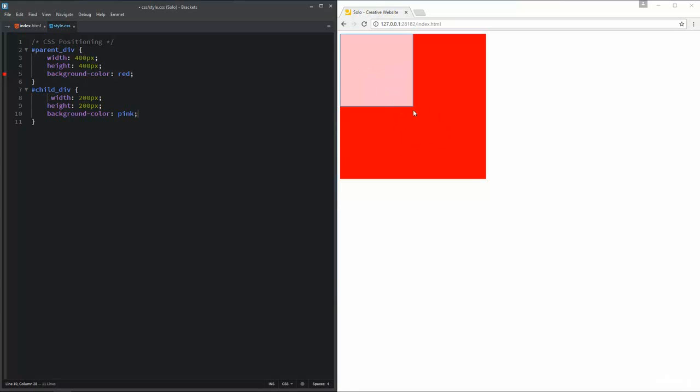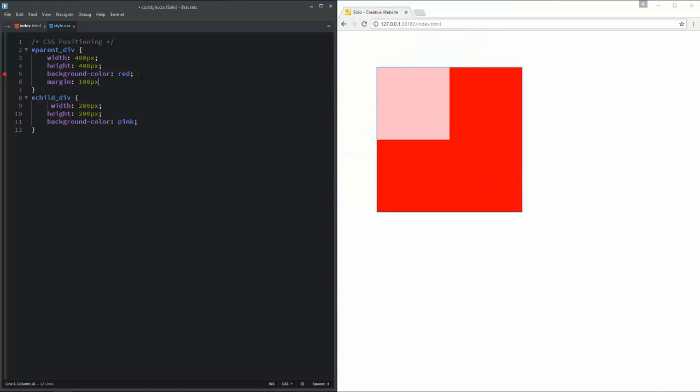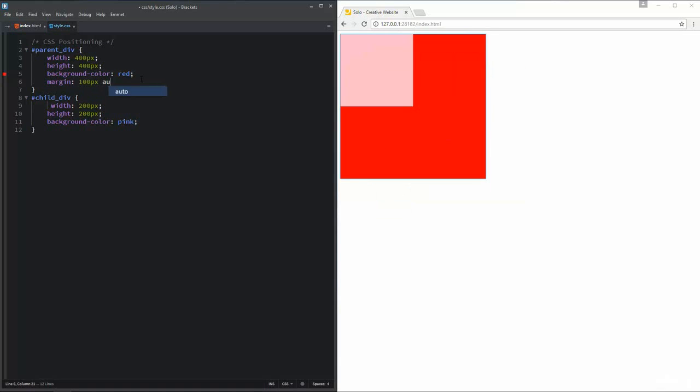We are going to position this pink div, the child div, in different places on the web page using CSS positioning. Before I position the child div, I want to create some external space for this parent div, and you know how to create external space for an element. For external spacing, we use the CSS margin property, and I'm going to specify the top and bottom margin 100 pixels and left and right auto.